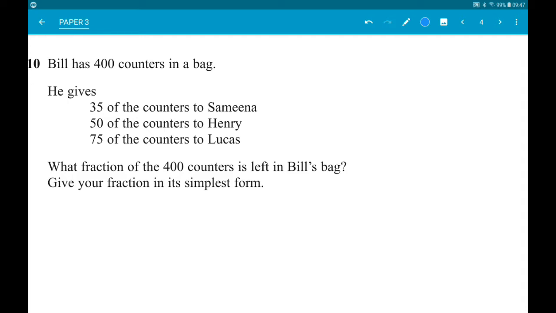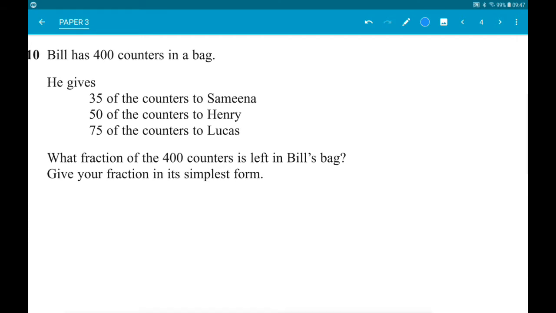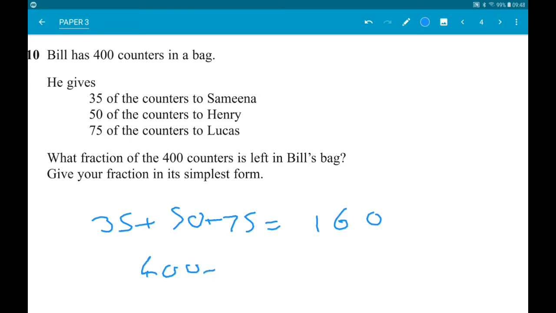Okay, so let's work out how many counters he's given away. So 35 add 50 add 75 is 160. So the counters he has left is 400 minus 160, which is